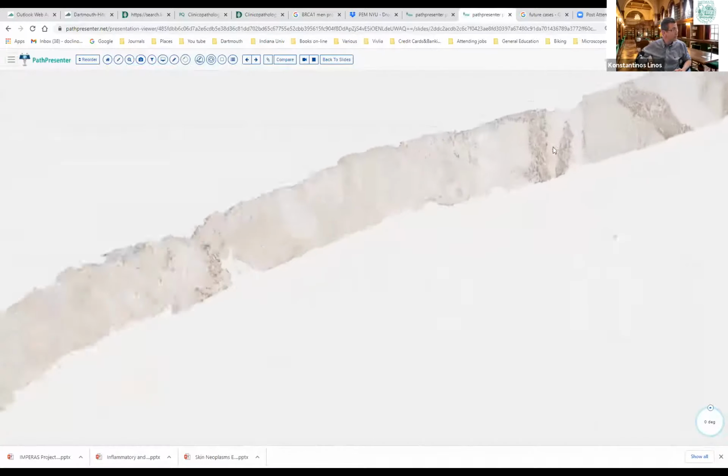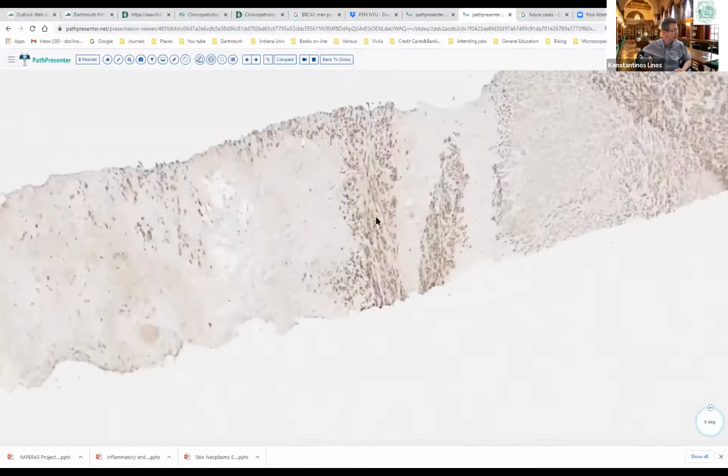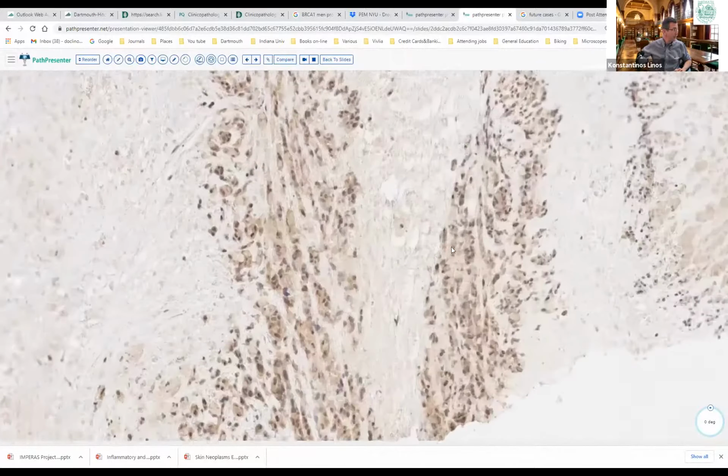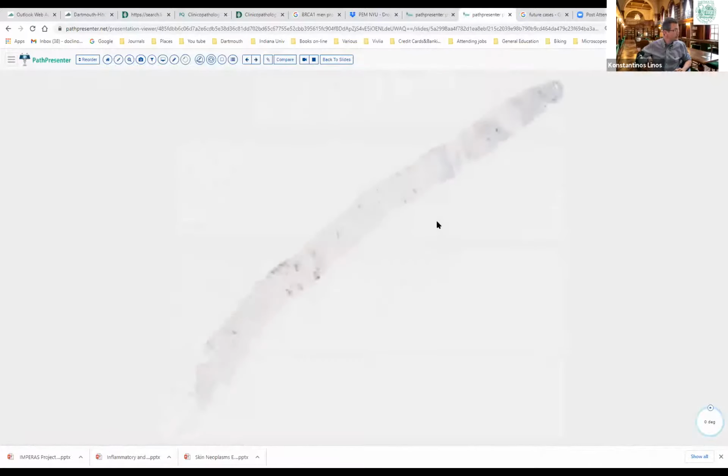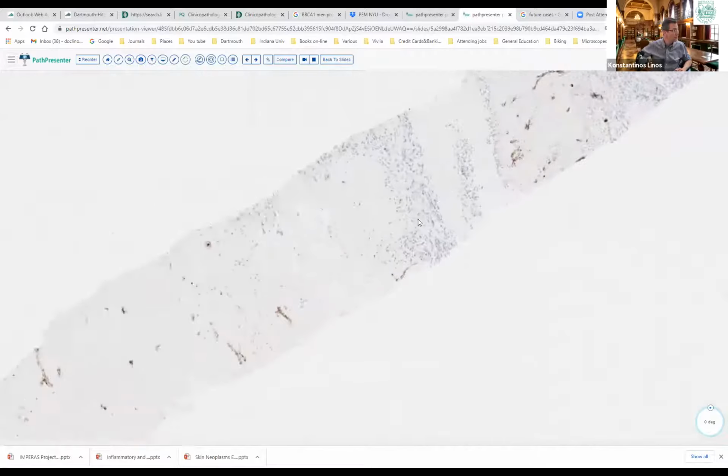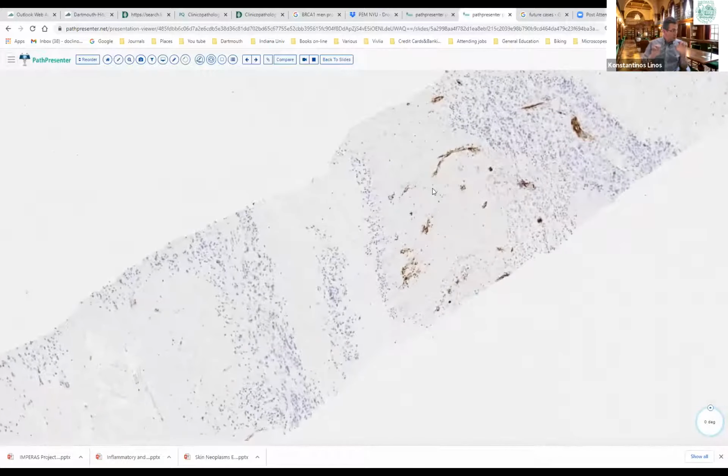This was SOX10, and that was obviously negative with some background cytoplasmic staining. And this was the CD34. It stains the background vessels, but doesn't stain the actual tumor cells. So one other pitfall here, you have to be aware when you're thinking about a vascular tumor,